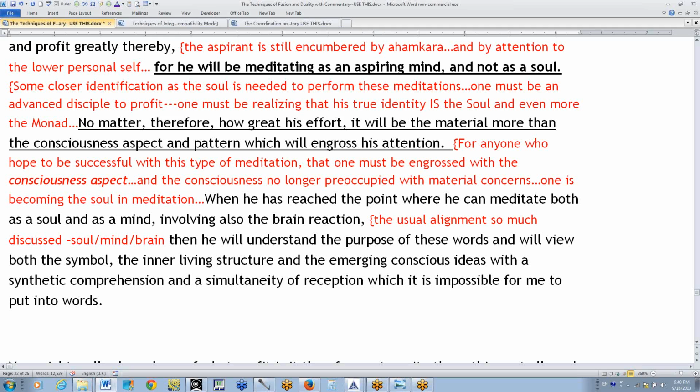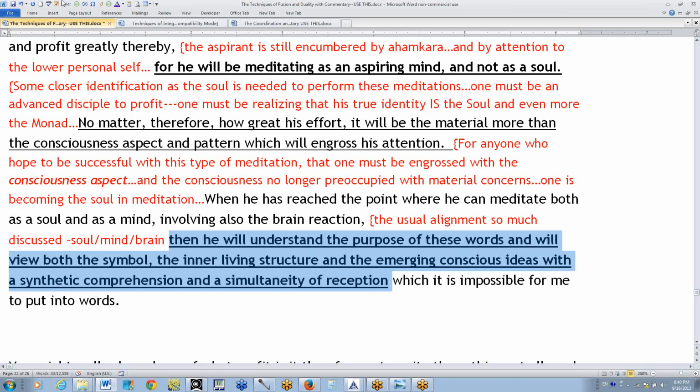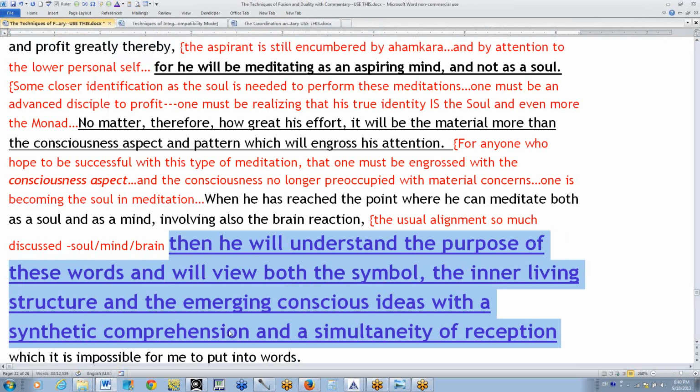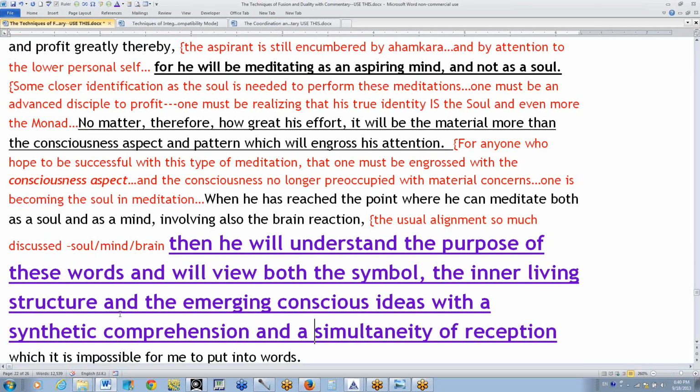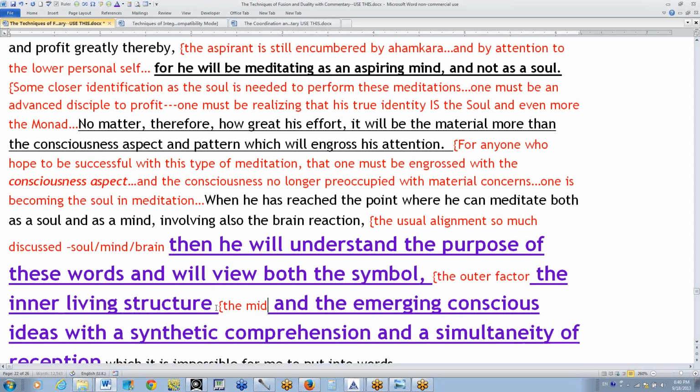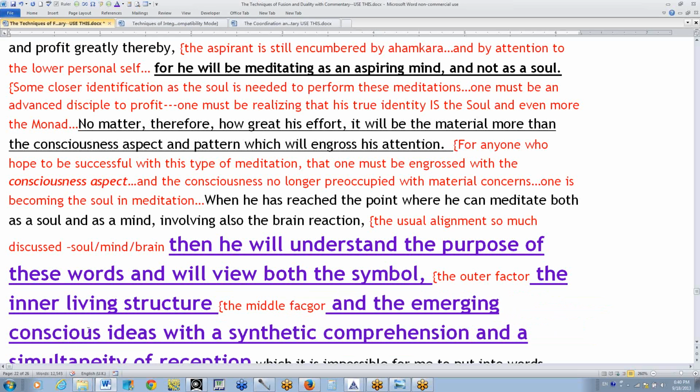So, if he can meditate as soul, mind, brain, then he will understand the purpose of these words and will view both the symbol, the inner living structure, and the emerging conscious ideas with synthetic comprehension and a simultaneity of reception, which cannot be explained by DK at this point in words to us. So the symbol is the outer factor. The inner living structure, the middle factor, and the emerging conscious ideas, the causative